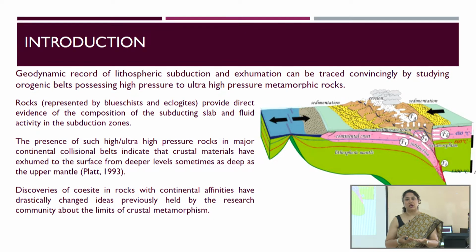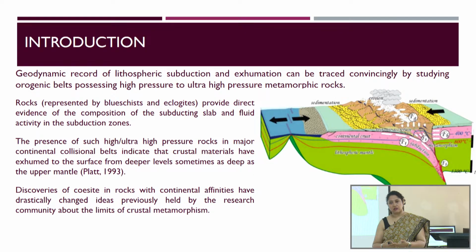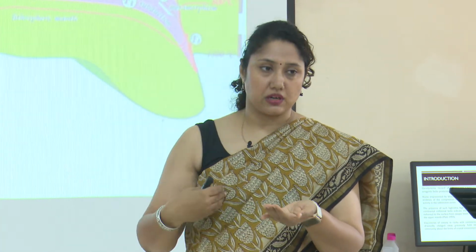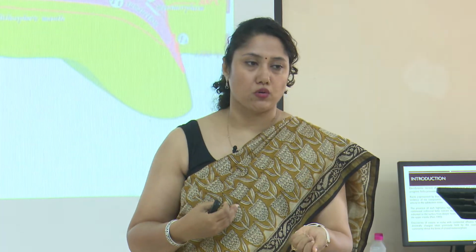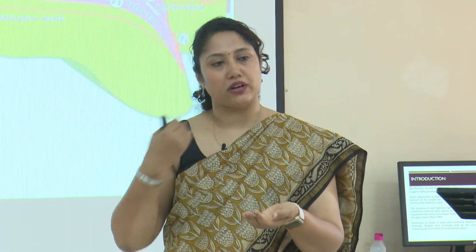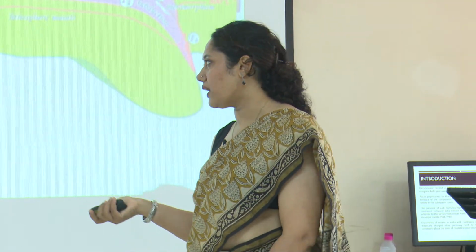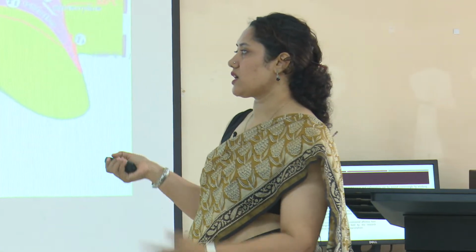It is primarily by the presence of index minerals like coesite, which is the high pressure polymorph of silica, and when you have that present either in its pure form or as a relict, or when it is as a pseudomorph. Sometimes, most of the time, you do not find pure coesite, you find the pseudomorph, or you find the alpha quartz. Okay? So, when you find that, we know that the crust has reached UHP levels, okay, ultra high pressure levels,